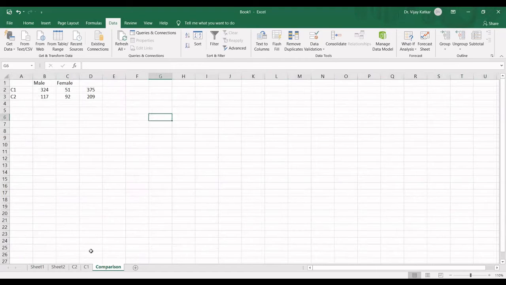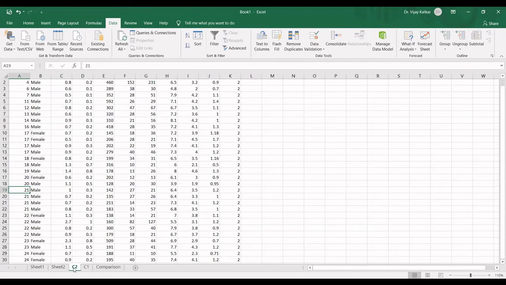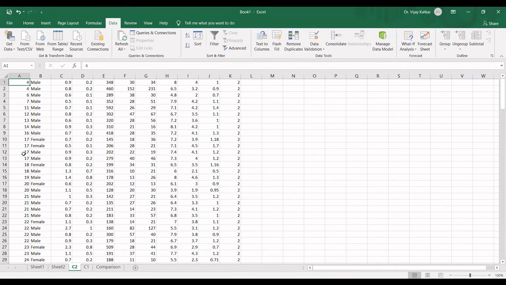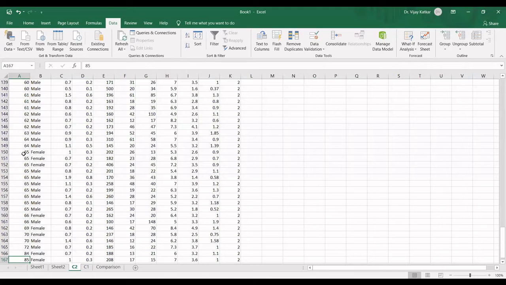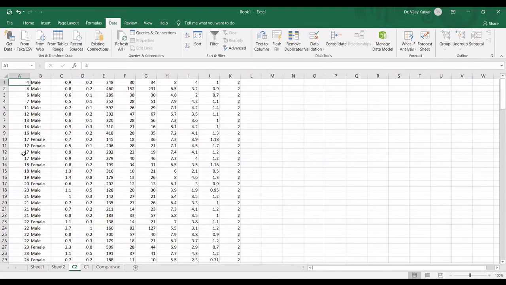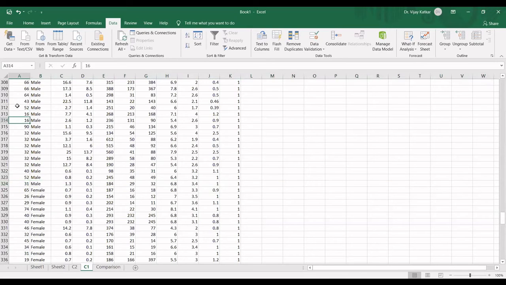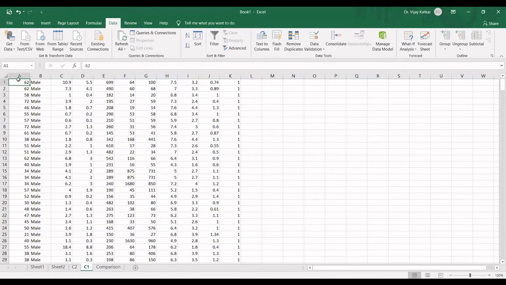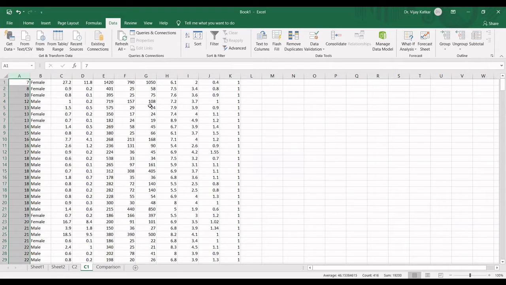And for that, you don't need to do any rocket science. It's simple things. You can directly do it in an Excel file or you can write Python code, whatever you are comfortable with. But if you are not so comfortable with Python code, you can easily do this in Excel also. Now, liver patients, the people who are having liver problems. Let us sort it from A to Z and check what happens.